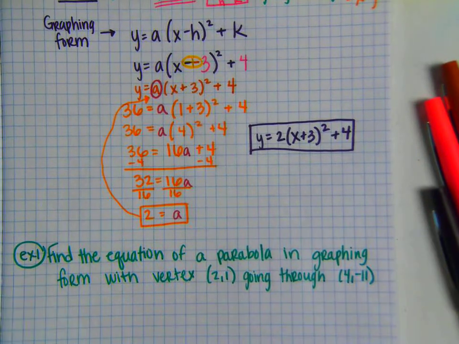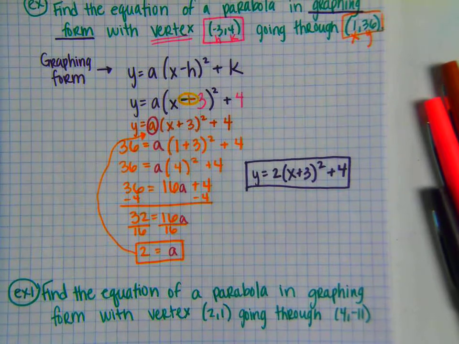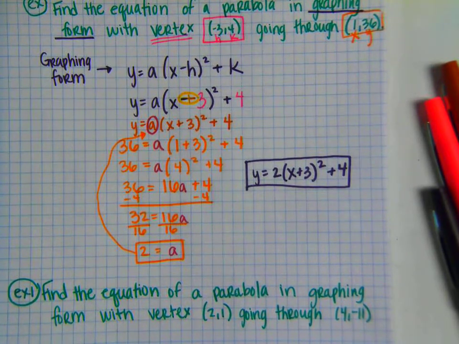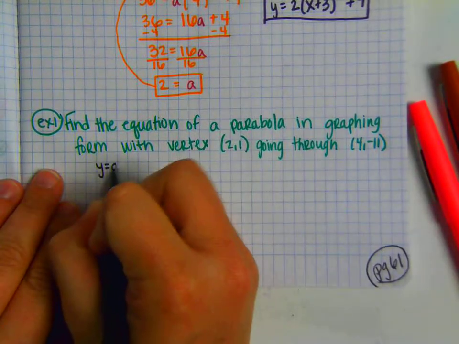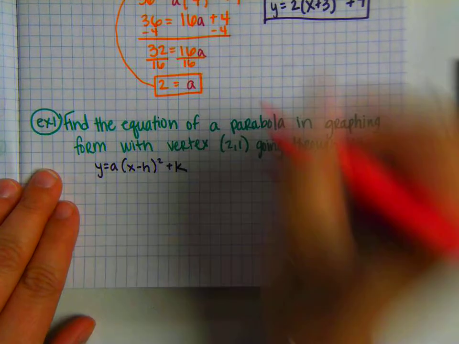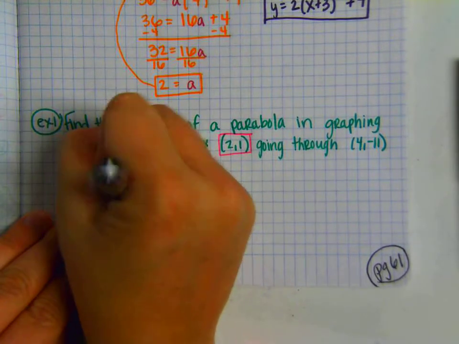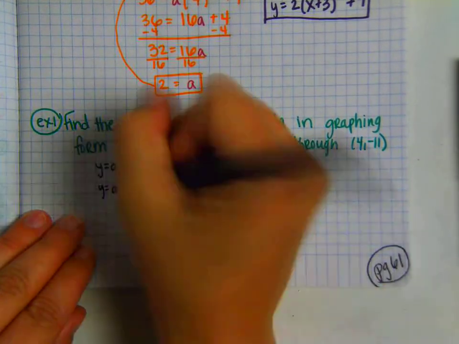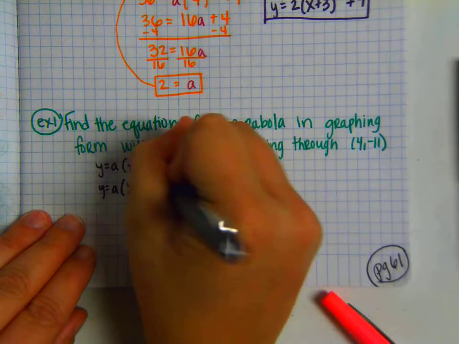Okay, so find the equation of a parabola in graph form with vertex 2, 1, going through 4, negative 11. Okay, and I'm going to leave my work up there for you to see. Go ahead and submit your answer. So, again, we're going to start with our graphing form. Y equals a times x minus h squared plus k. We plug in our vertex, 2, 1. So that'll be y equals a times x minus 2 squared plus 1,